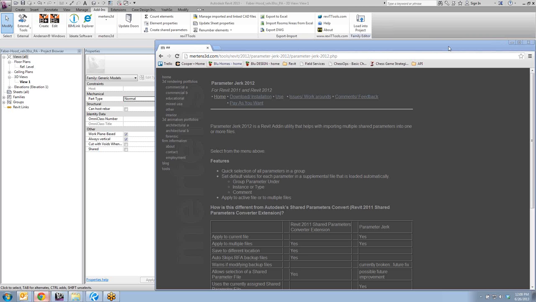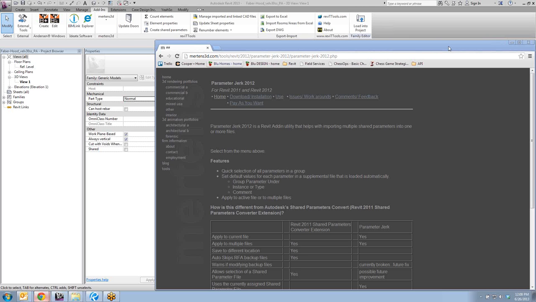All right, so one of the things that I've wanted to show you guys for a few weeks, and we just haven't had time for me to go through that, is a couple of the plugins that I have loaded in my Revit, which help me be more productive with the things that I need to do, specifically family creation and exporting tools. I think I may have mentioned it before. I know I've mentioned it to a couple of individual people. But one of the things that's really helpful for me is a plugin called Parameter Jerk,